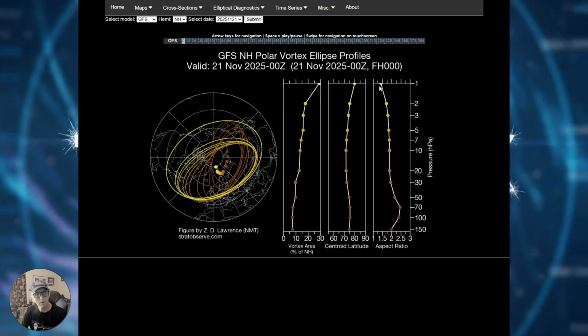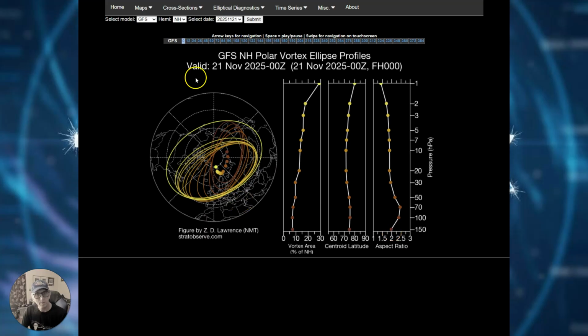So the yellow is way up there, right? And the dark brown is closer to the surface. Not that it's close to the surface, but we're still talking about pretty high up in the